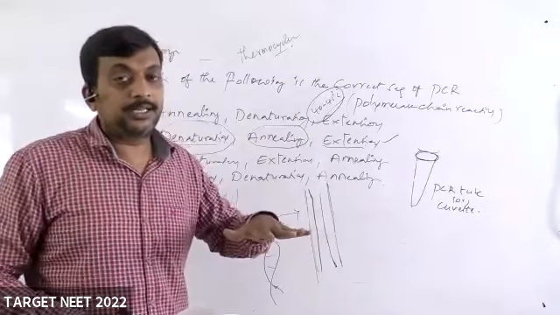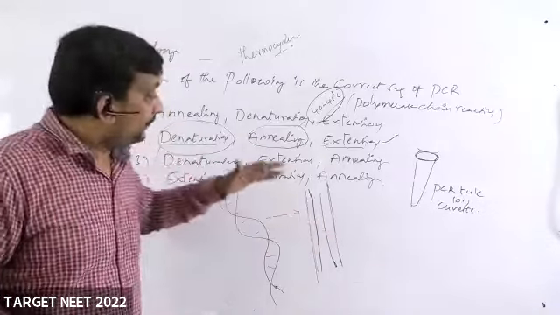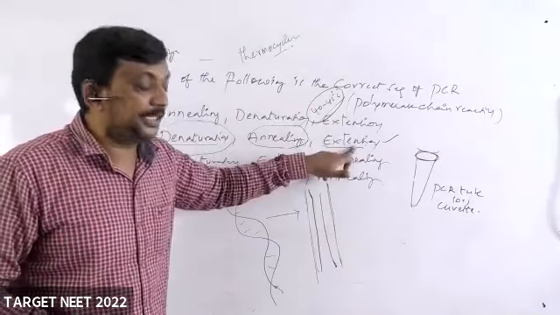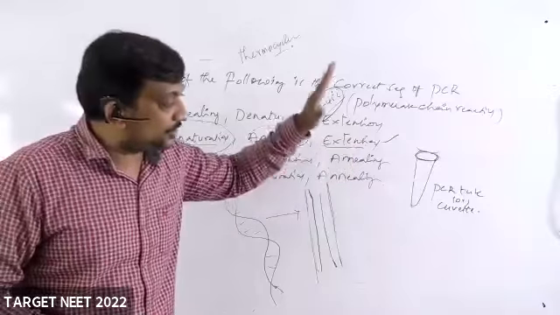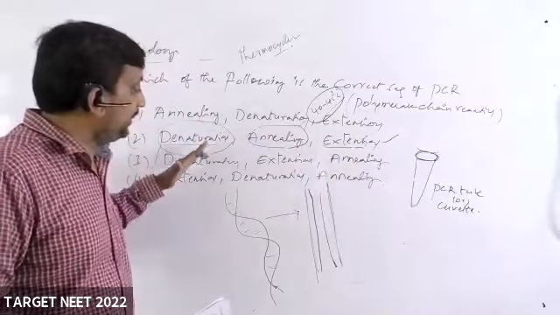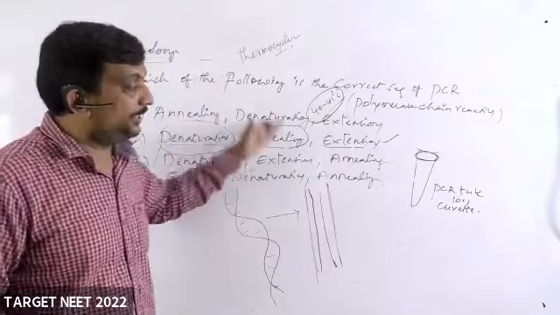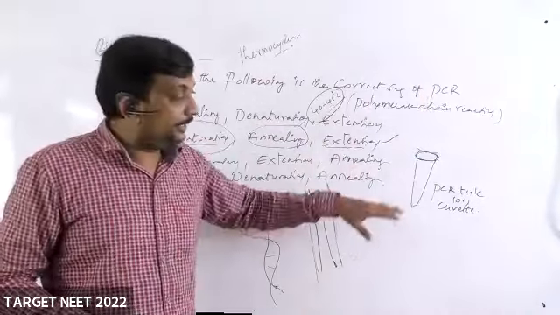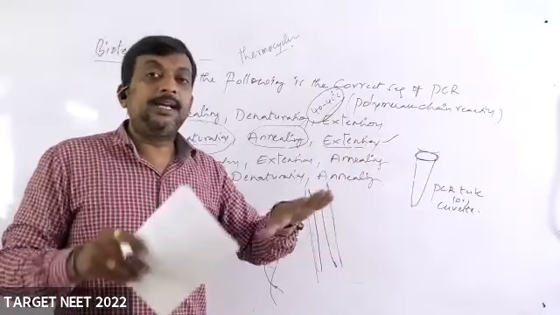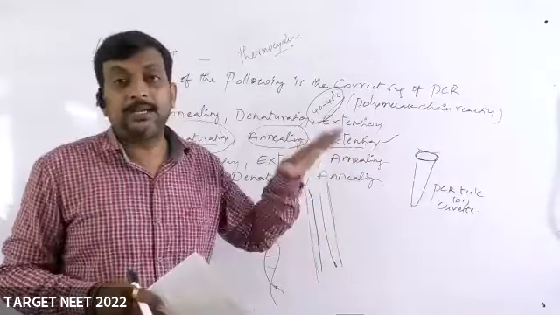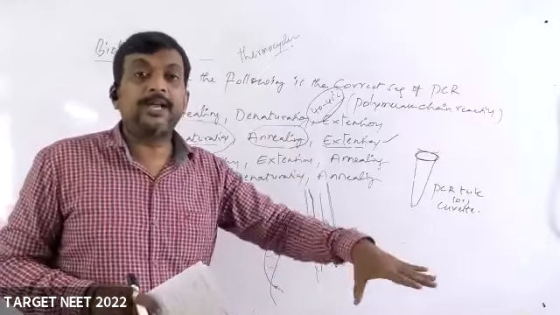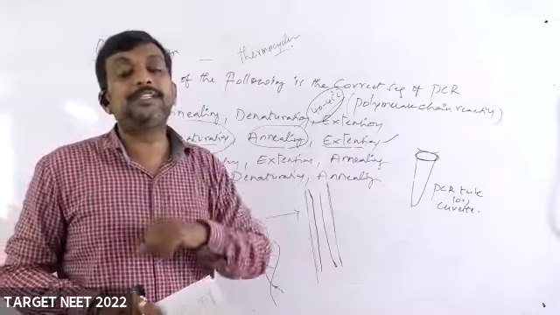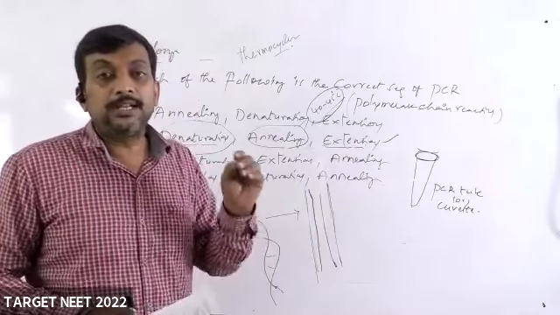In the thermocycler, the reactions go on. The first step is denaturation, the second step is annealing, and the third step is extension. After the completion of extension, the double-stranded DNA again goes for denaturation, annealing, and extension. This goes on repeatedly. In a thermocycler there is also a time adjustment, whether the reaction is to be carried out for 30 minutes or 40 minutes, and it is maintained in the PCR machine.